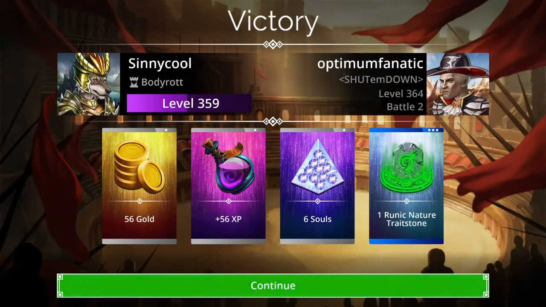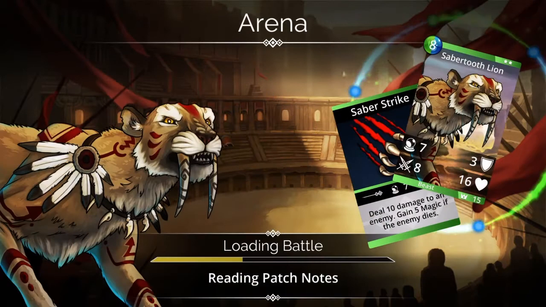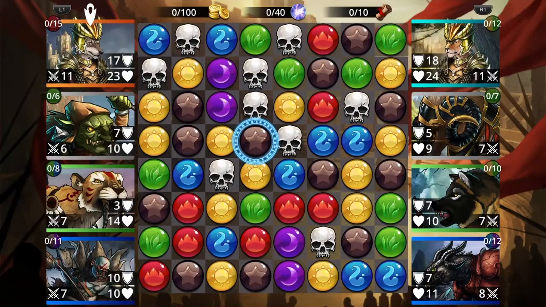56 gold, 56 experience, 6 souls. So you get a little bit after every match, and then you get a bunch after the whole thing is over. So they have their hero, they have the ram, a ranger, and a...